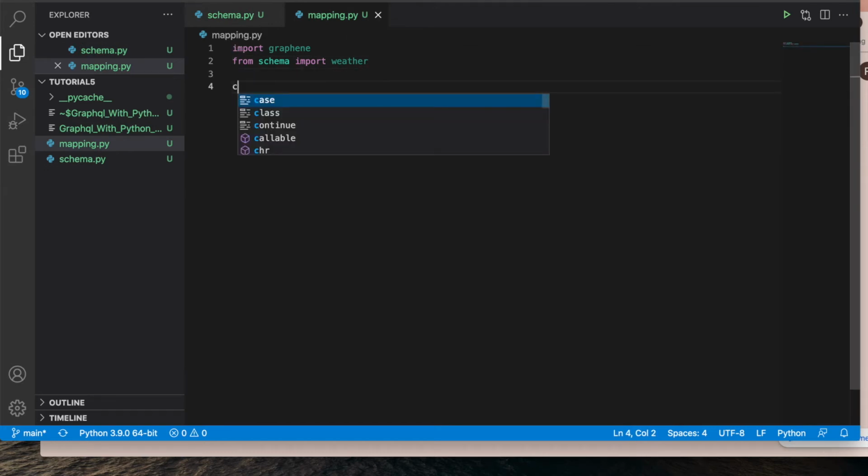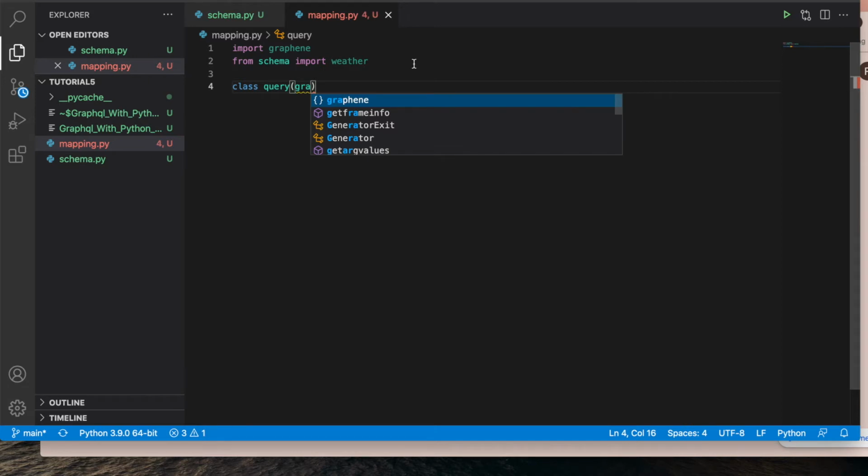Next thing, maybe I can write class Query, which is going to be graphene.ObjectType. Now we'll do something here.